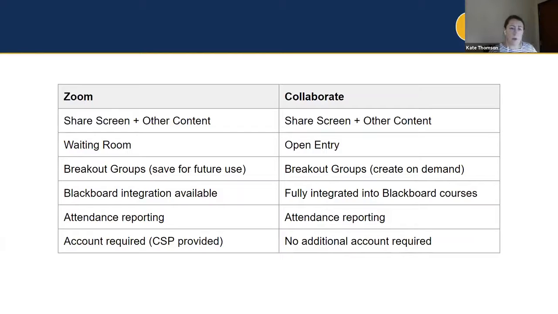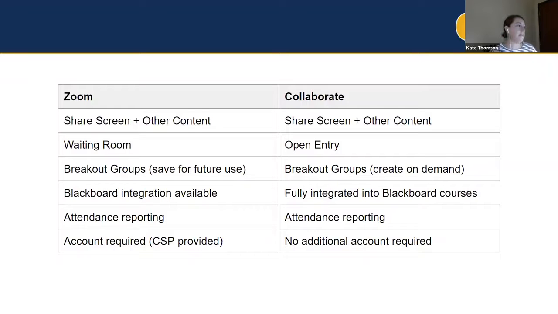Looks like Rhoda's got a question. In Zoom, can I assign people to the groups before the meeting begins? Yes, you can, and that is a little bit more of an advanced option. So yes, huzzah, that is a great option. And I would say if you have questions on doing some of the more advanced things like that, just reach out to us after the meeting or at your convenience.